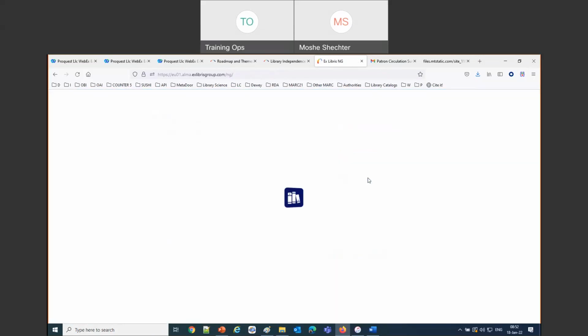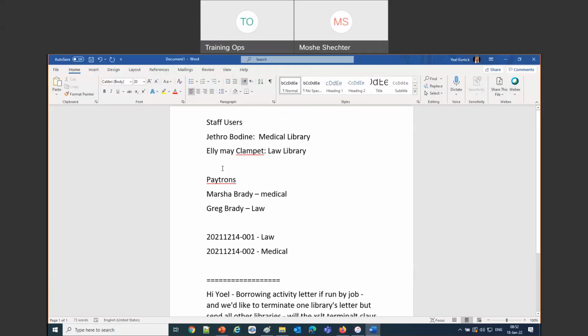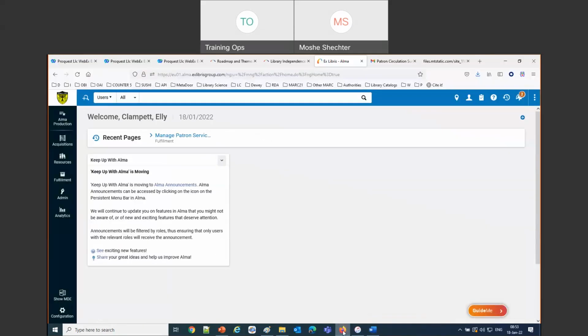Let's go take a look again at Moshe. Now, Ellie Mae, just to refresh ourselves, is with the law library. And Moshe Ben Maimon has a request from the medical library. So she comes along.